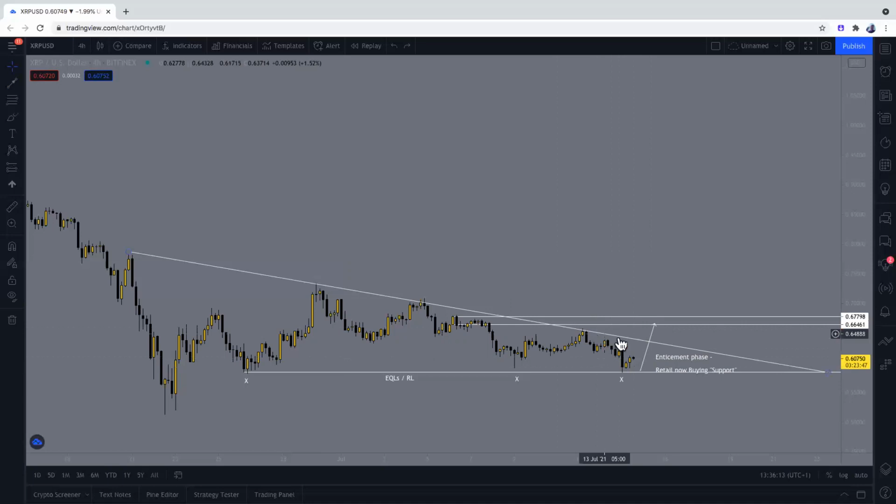It's taken out this descending triangle. It's taken out this high here. It's snatched buy stops. It's grabbed liquidity. It's done all that it needs to do to create a large imbalance. When 80–90% of the market has been convinced XRP is going to the moon, which is exactly what will happen when price is up here, that is when we will see our imbalance and our repricing lower, which will take out firstly this low, and then